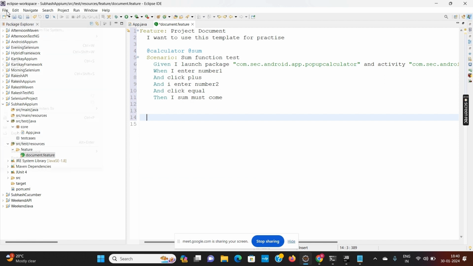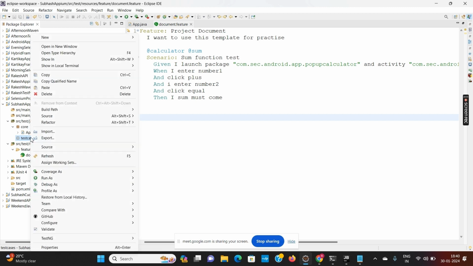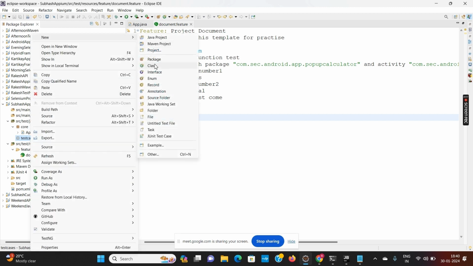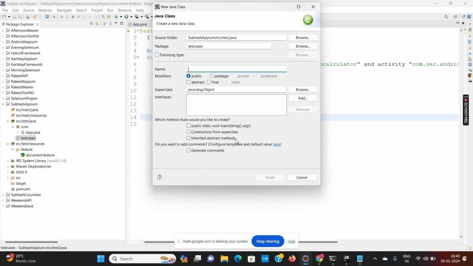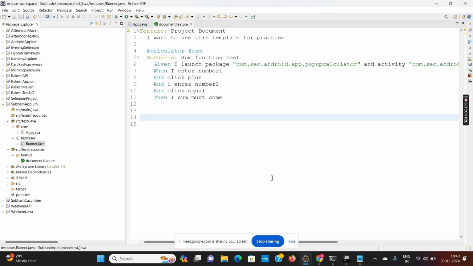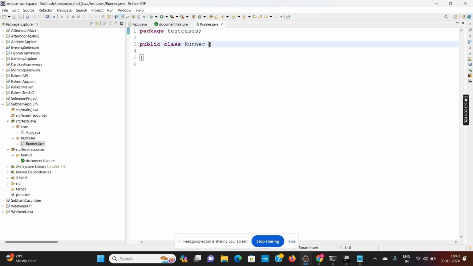This is my document file. Now, in the test cases, we have to write the runner class. The runner class will run the feature file. No main method, no constructor. In the runner class, we do not write anything in between. It is empty.